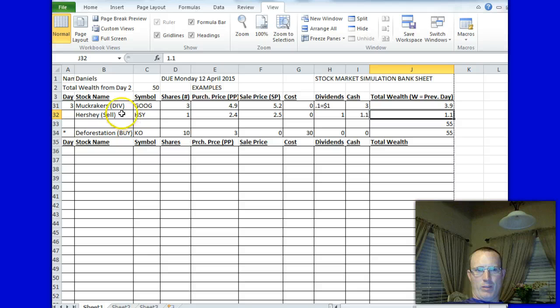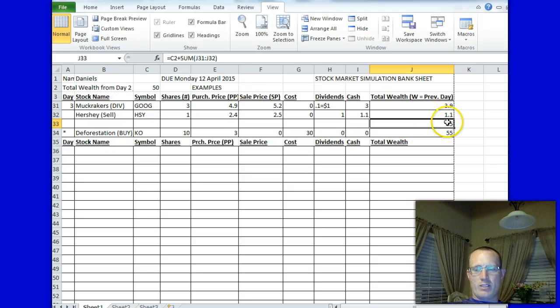So if I had stocks left over from yesterday, I'm going to want to list those. If I don't want to sell them or buy them, I just list them and get the dividend payments. If the stock goes down, there is no dividend payment. You don't lose any money. But if the stock's going down, the company's not doing as well, so you're not going to get any dividend payments. The other thing you need to know is that on day 3,